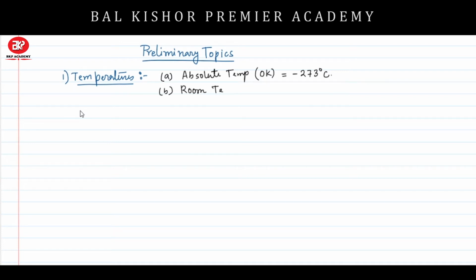The room temperature is defined by 300 Kelvin, which is equal to 27 degrees centigrade, and the third temperature is the ambient temperature,